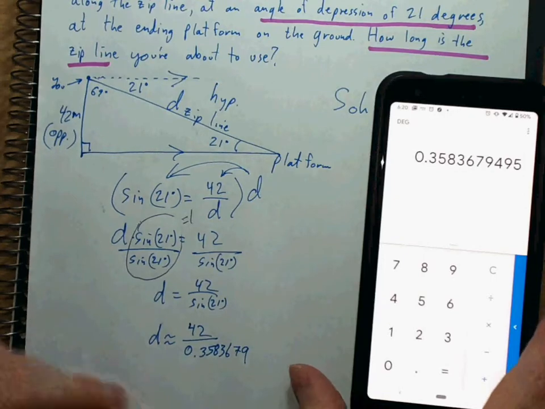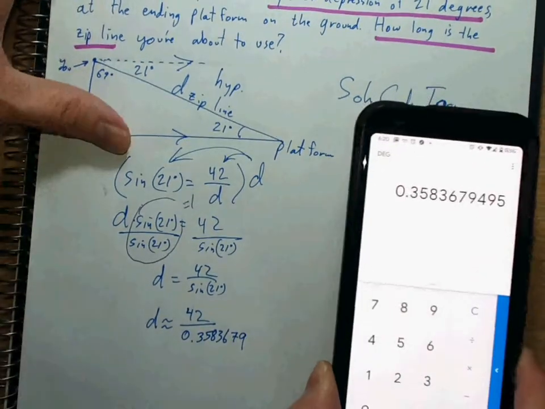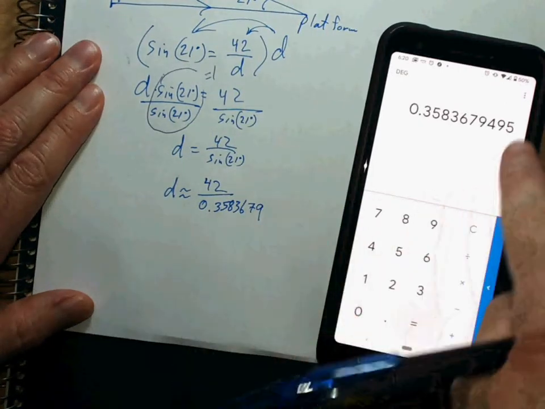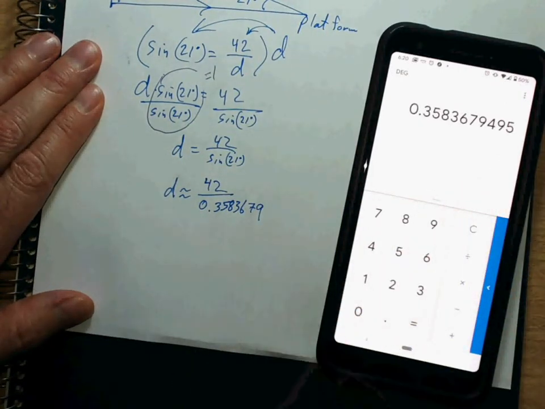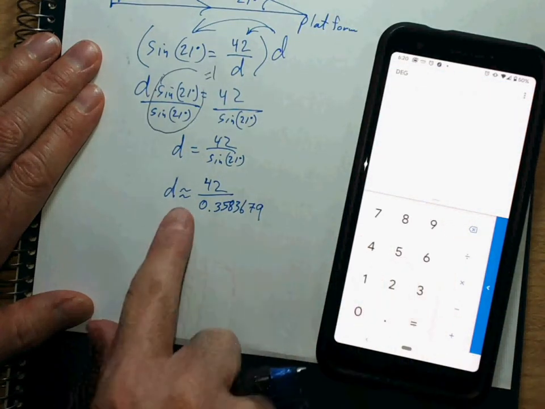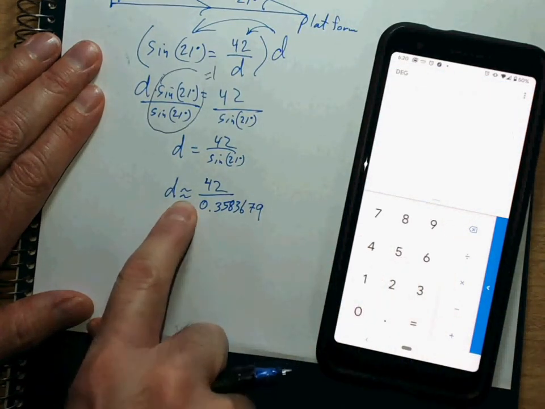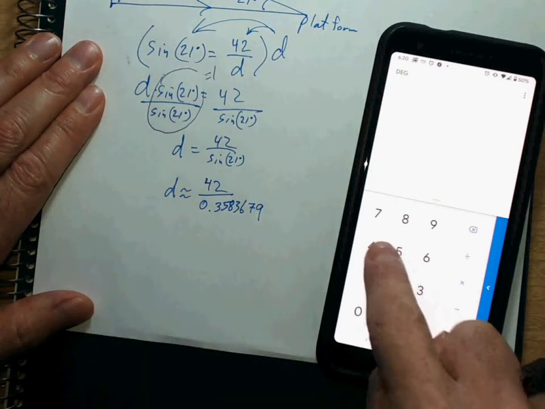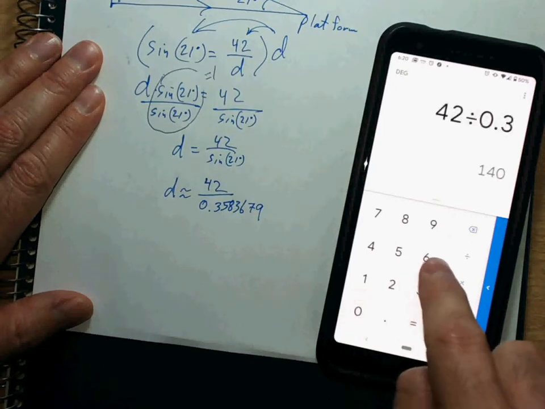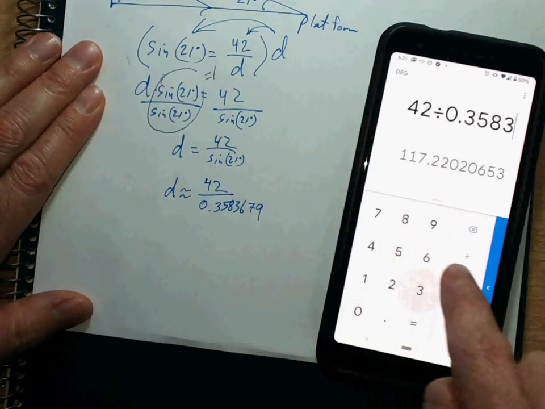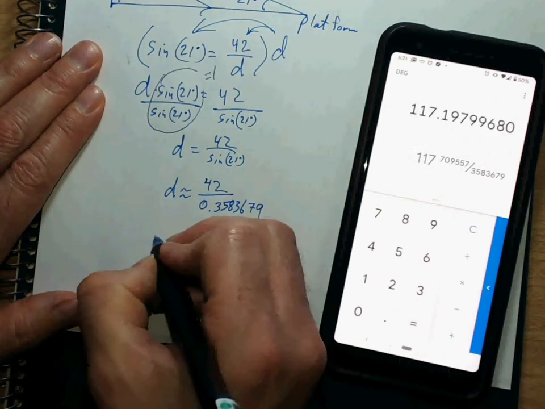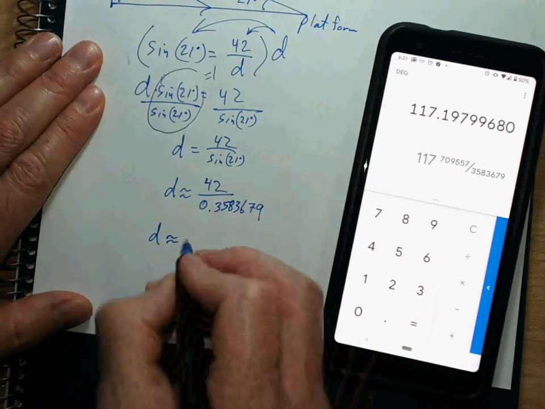Okay, so I have d equals that horrible number, right? Now, it goes on forever. It's an irrational number, and it doesn't repeat. But for our purposes, that is enough decimal places in the middle of a problem. Notice that I have a wavy equal sign, because that means approximately equal to. So now I'm going to say 42 divided by 0.3583679. Okay? And I have d is approximately equal to